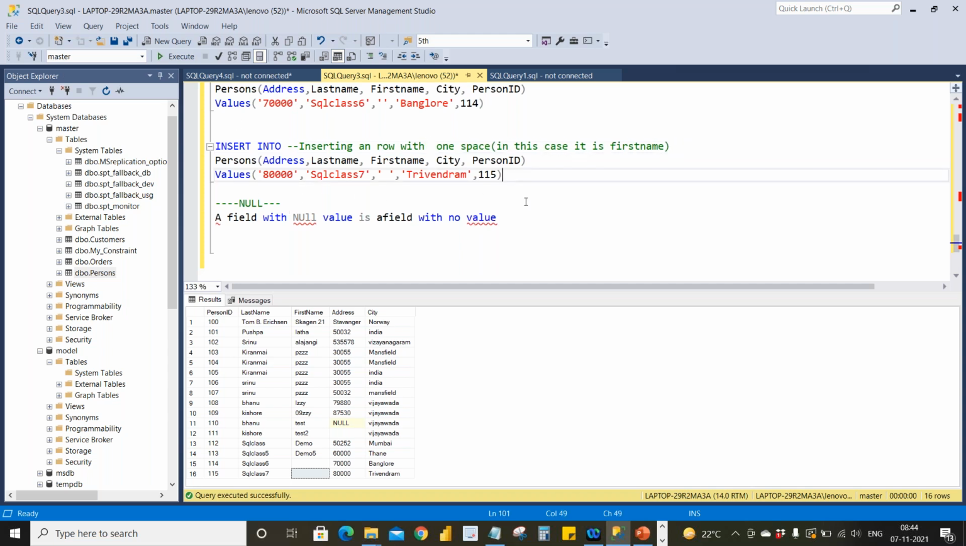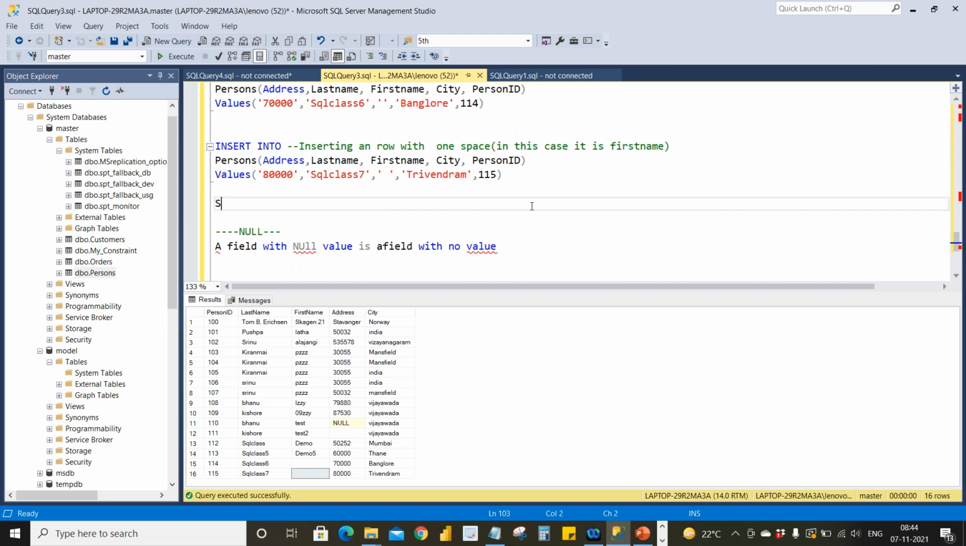Okay, so I will show you clearly. Let's start from how you get this data. If you see, row 114 first name is an empty row and row 115 first name is not an empty row, it is having a space. How can we retrieve this data? So let's start from